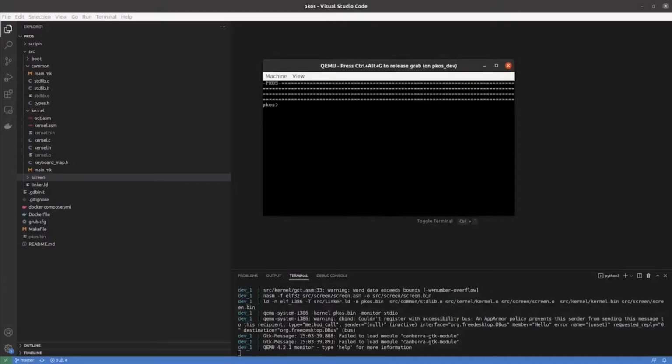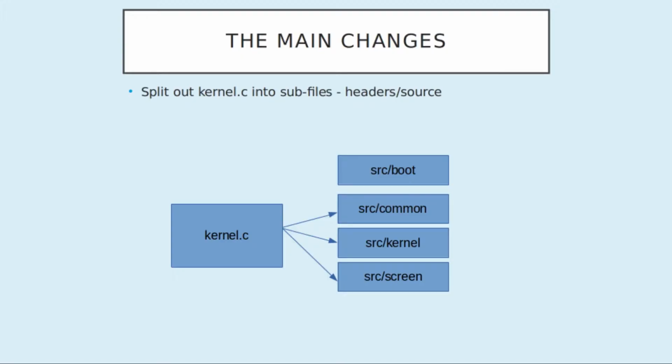So here's what the OS looks like, pretty much like it did last time. We have ls, no file system. We have help now, which tells us we can do ls, clear and VGA. And if we say VGA, it's also not implemented. So not too much going on here, but it still works even though we moved a whole lot of code around. And that's it. So the main changes here, first of all, we split kernel.c into subfiles